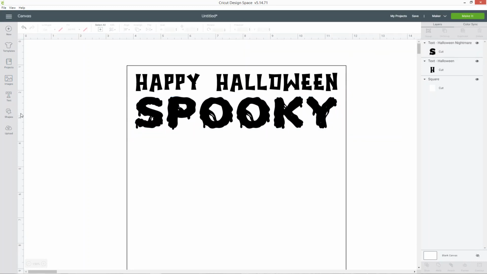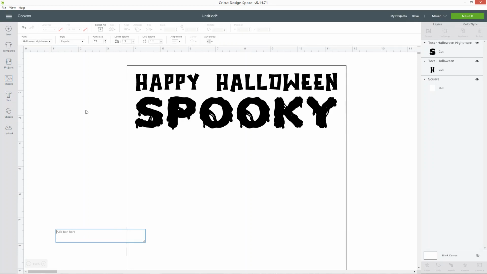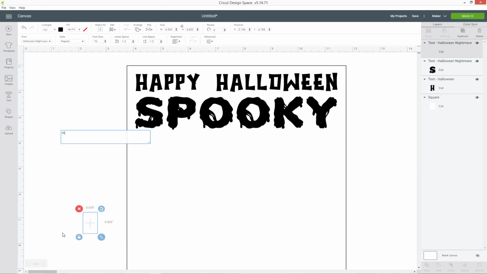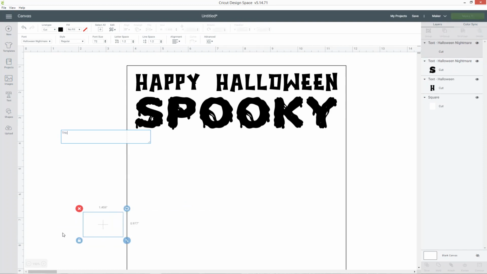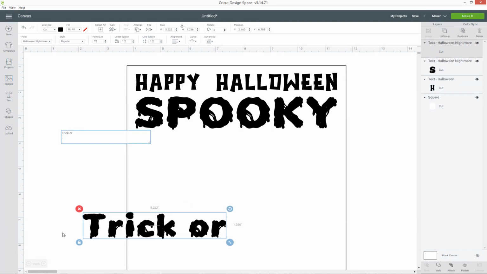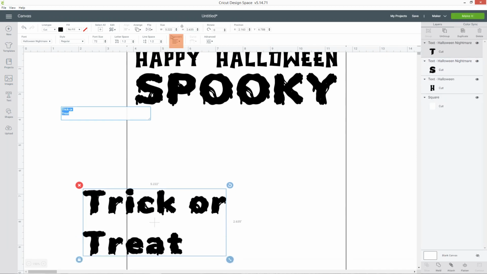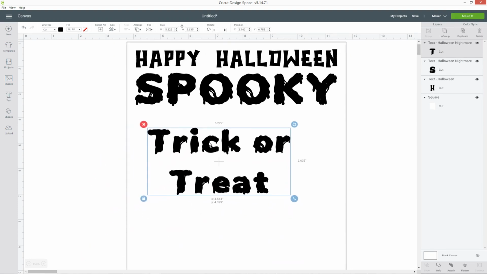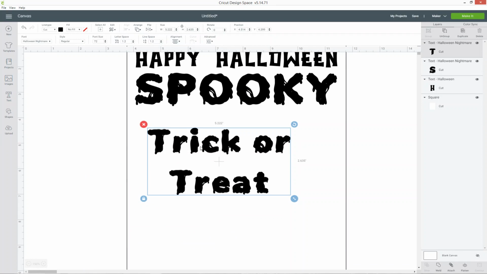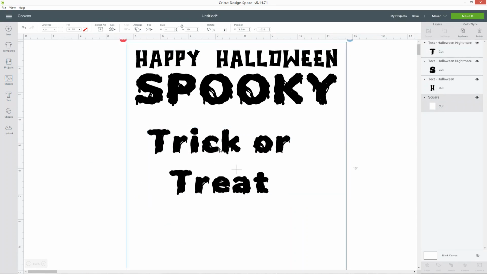Alright, what else have I got in here? Let's go for... Oops, got my caps lock on wrong there. Trick or treat. And then I will center that. And you'll see now it's got this really big gap between the two lines, which looks a bit weird.